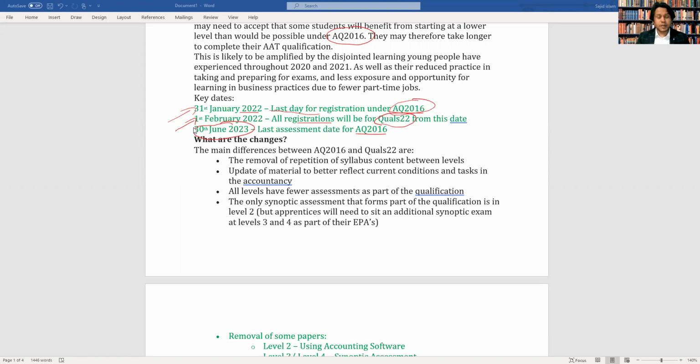So even if you completed a few papers, you can jump to the new syllabus, but maybe you will lose some papers in case. For example, when two papers become one, for example in level 3 you have advanced bookkeeping and you have final account preparation, and these two papers become one paper. Now what happens if you just pass only one paper, advanced bookkeeping, but you haven't passed the final account preparation yet? Now at a certain time after June 2023, you have to move to the new syllabus. Now in the new syllabus, these two papers are one paper. So what will happen? They cannot give you the exemption because you just passed one paper, so you might need to do the same paper again.